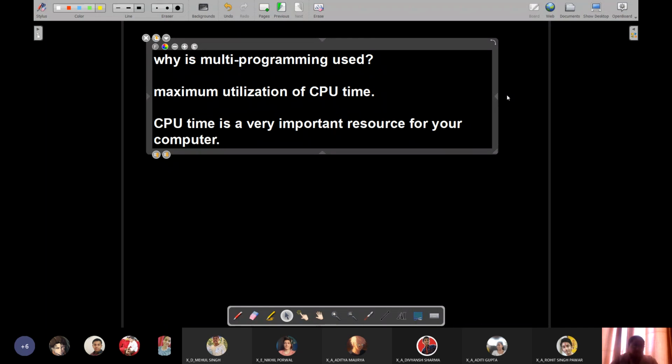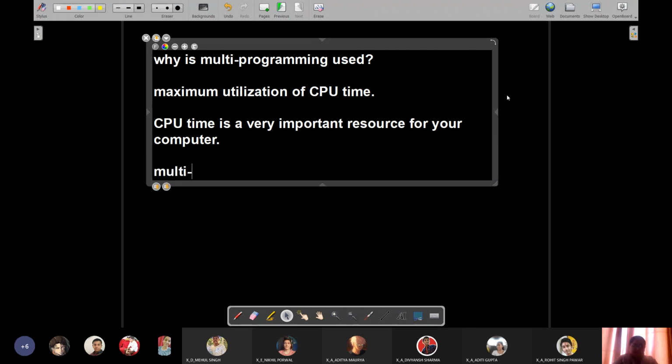Now you cannot completely eliminate the wastage of CPU time. Some or the other time the CPU will remain idle, but you can definitely bring that wastage down. The only solution to this problem is multi-programming. That is, make your CPU execute more than one task at a time. As many tasks as can fit into RAM, that many tasks can be executed by the CPU.